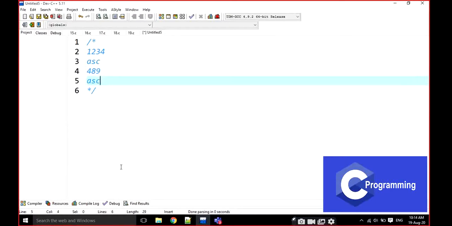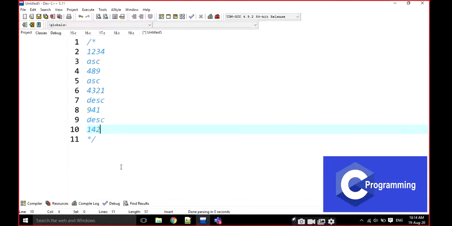For example, 4, 3, 2, 1. This is going to be a descending number. For example, 9, 4, 1 is also a descending order number. For example, 1, 4, 2, 3.